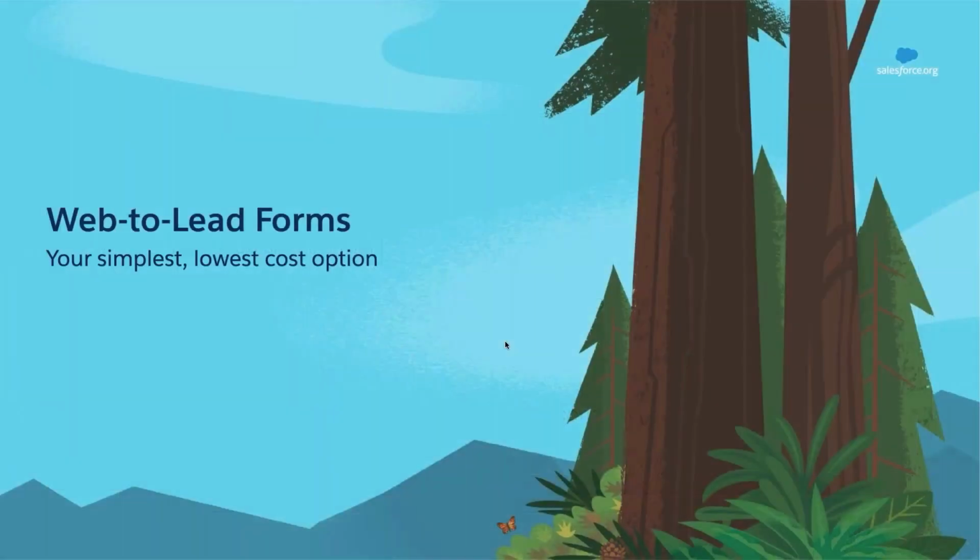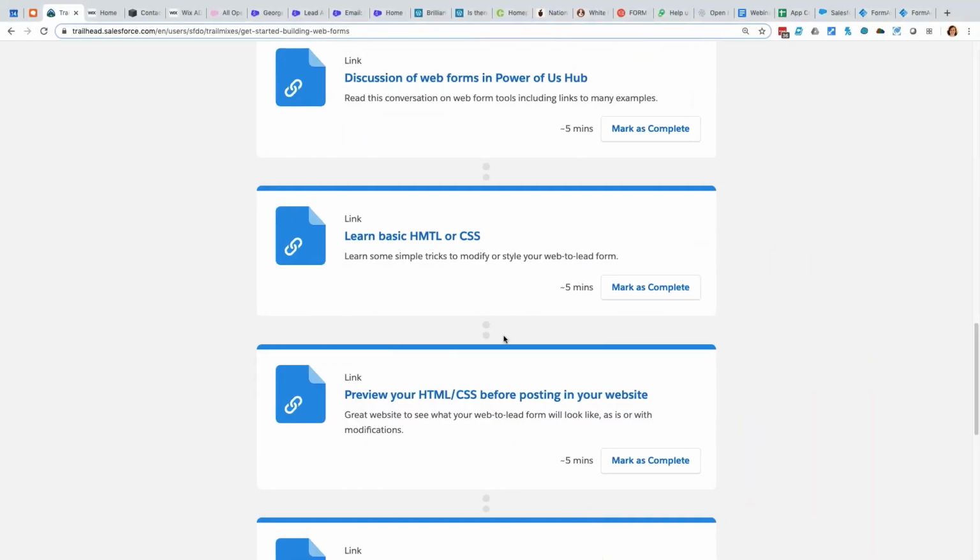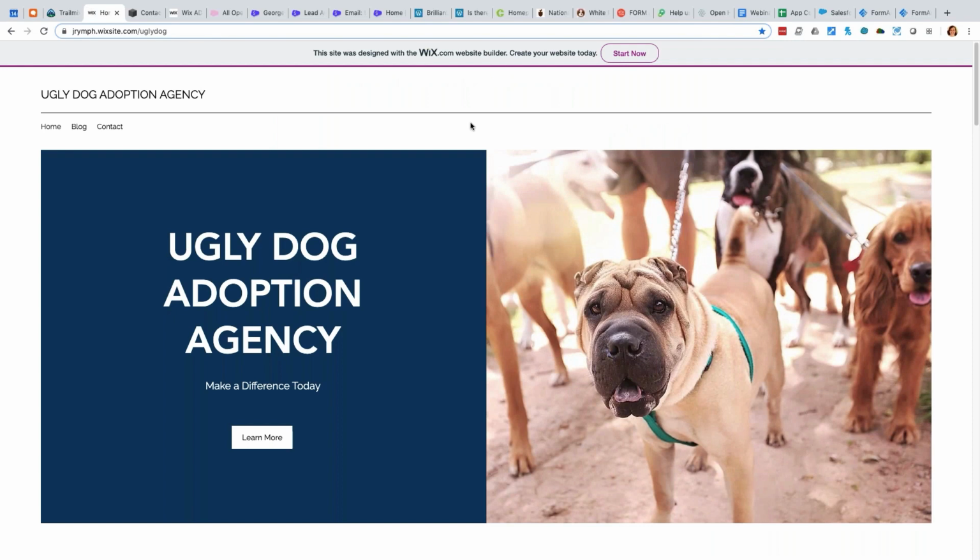All right, so let's look at web to lead forms. So this is your simplest, lowest cost option for getting started building forms in Salesforce. All right. So this is a website I built using a free website tool called Wix. Totally free to build this website. And our demo org is the Ugly Dog Adoption Agency, helping